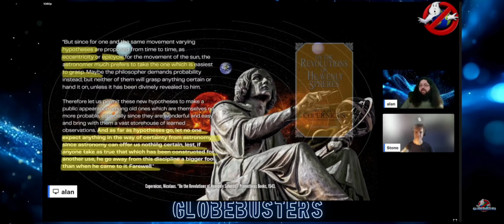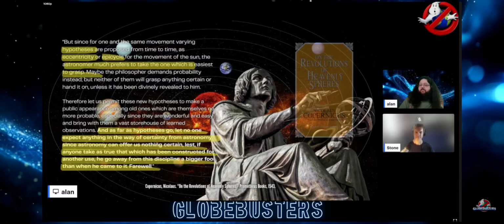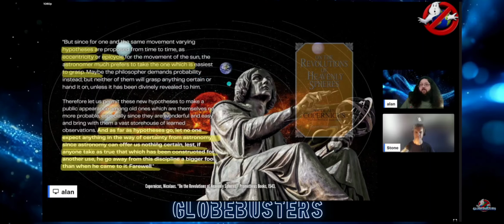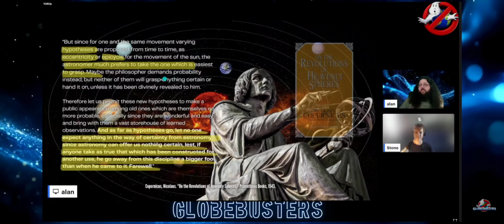So anyway, I just wanted to start by recapping with Copernicus. He warns us here that astronomers will use any useful tool necessary to make the point, and if their tools and models are working correctly, then that's all that they need. They'll do anything to make their equations fit, and once they fit, they don't care why it fits. They just care that it fits. And if you enter astronomy thinking that you're going to learn the physical meaning behind reality, or anything meaningful about why the celestial bodies move, then you're going to leave a bigger fool than when you entered. So that was what he said regarding his conceptual model of the Earth being in motion and partaking in the celestial motion that is observed.